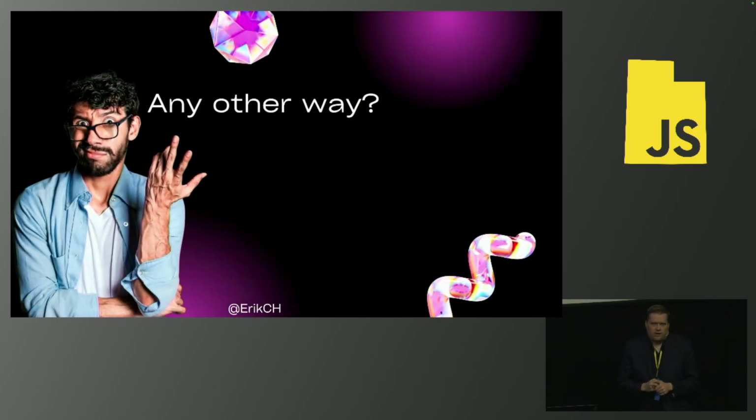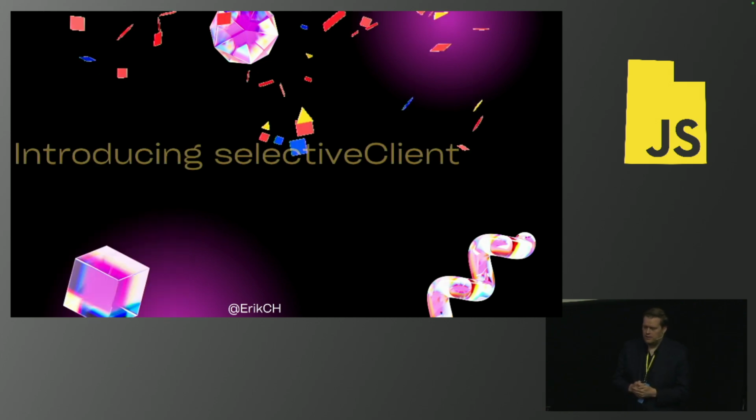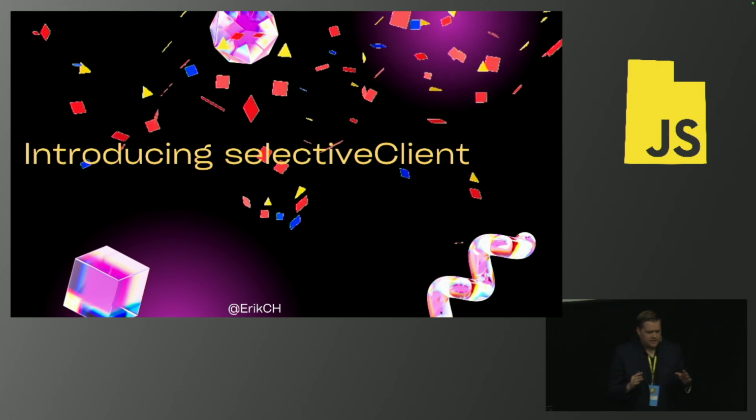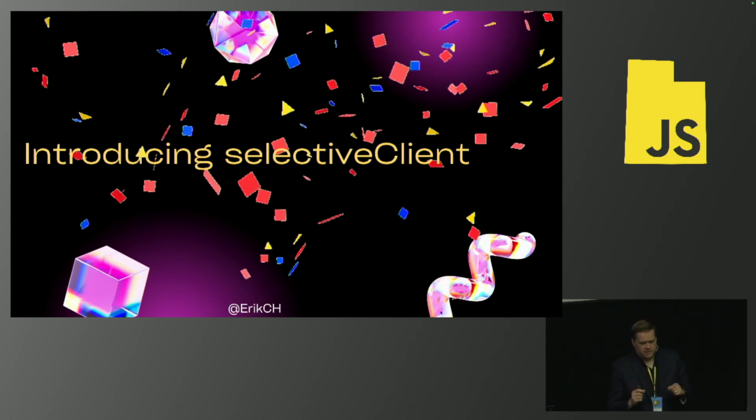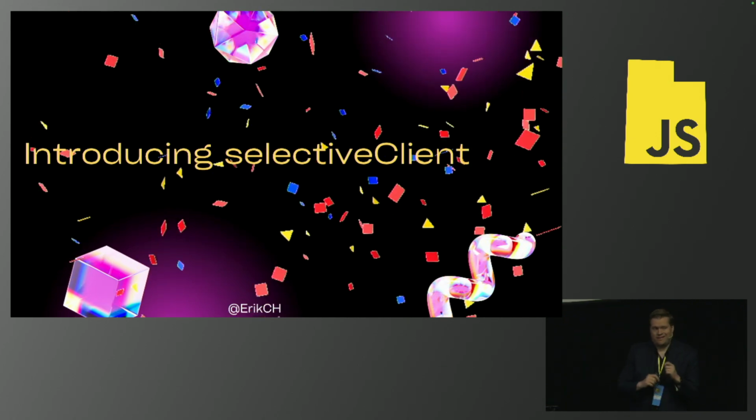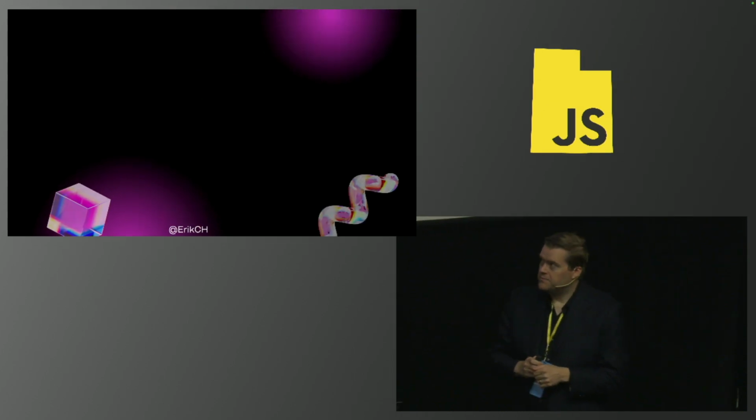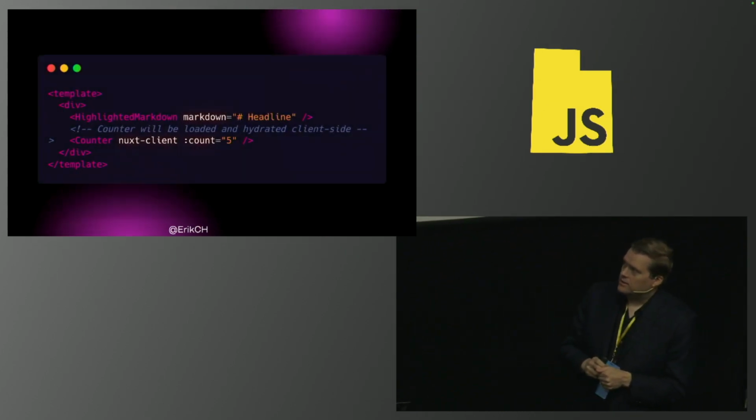So you're probably thinking, well, that's a really big downside. How am I going to use this? Is there any other way? Recently, in the last 6 months, the Nuxt core team has introduced something called selective client. What does that look like? So now,